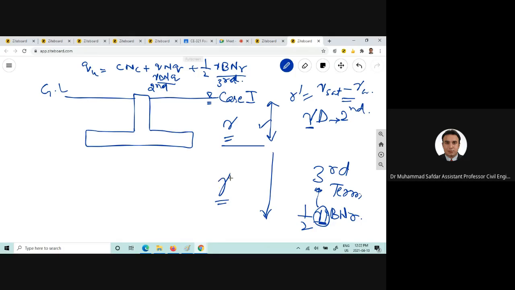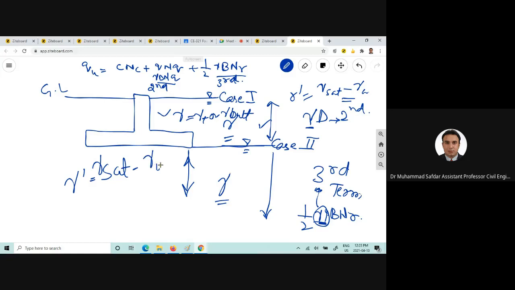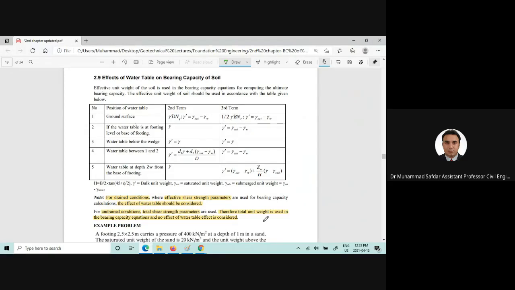Now for case 2, if the water table is somewhere here, so for this second term, you can take the gamma as the gamma total or gamma bulk, and for this soil you can take gamma saturated minus gamma of water. Now there are different cases which are involved here and different situations. For example, if the water table is below the wedge, and how we can find out the wedge here,